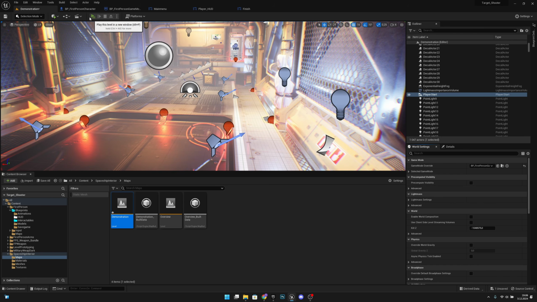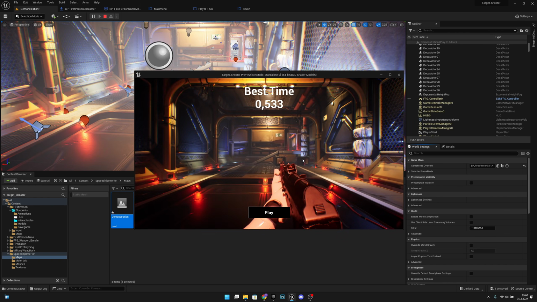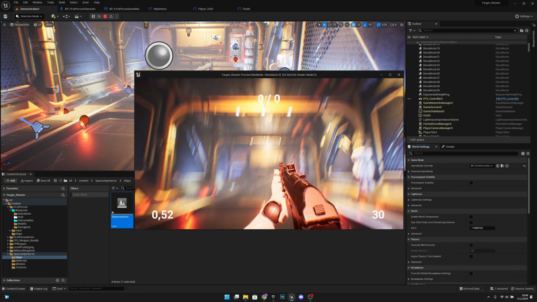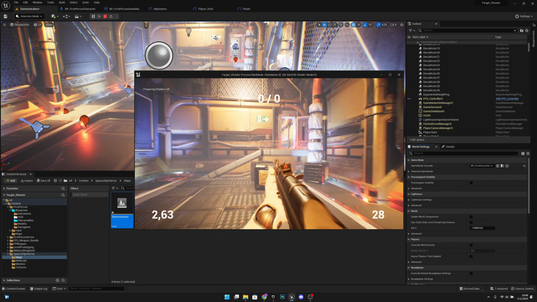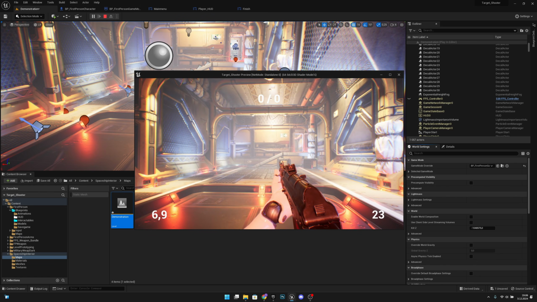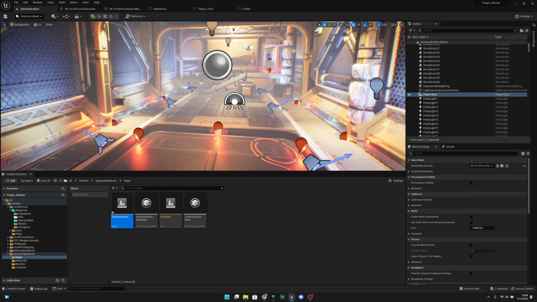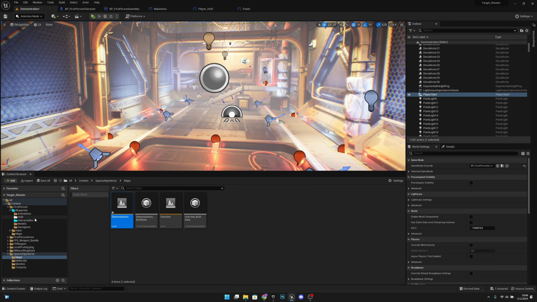Now if we play, let's see what happens. Yes, the map is showing. We can play, but we don't have anything here yet. So how we can fix that is by adding the targets first. So let's get a target. First target maybe